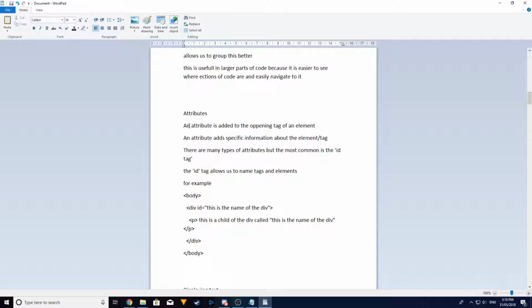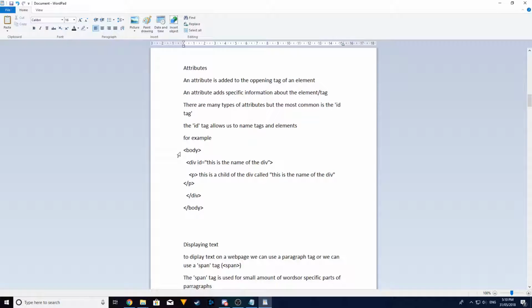Attributes. An attribute is added to the opening tag of an element. An attribute adds specific information about the element / tag. There are many types of attributes, but the most common is the ID tag. The ID tag allows us to name tags and elements. For example,